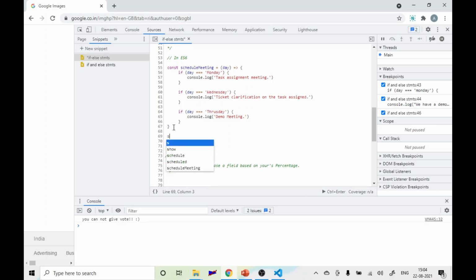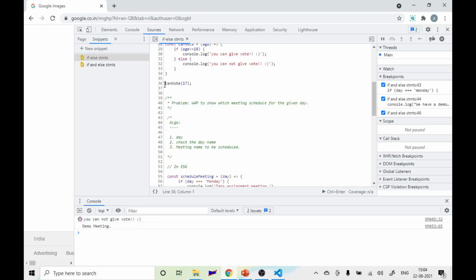Okay, so scheduled meeting, what is today? Let's say today is Thursday. Okay, so let me run this, control save and run this. See, today is a demo meeting. Why is it coming, why is it calling? Because this method you have also called it. If you just comment it out, and save this program and clear this console and then run it, so